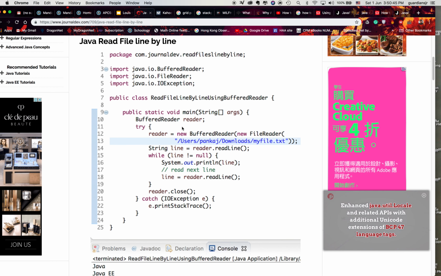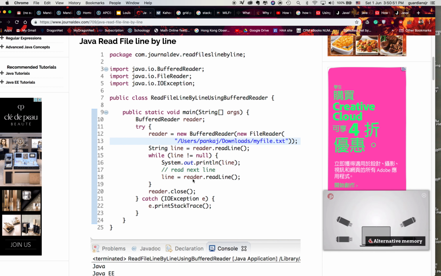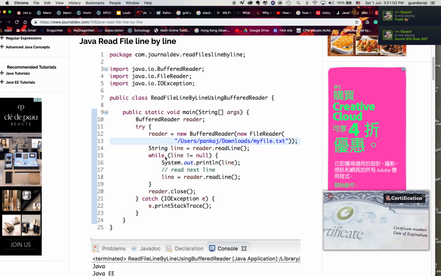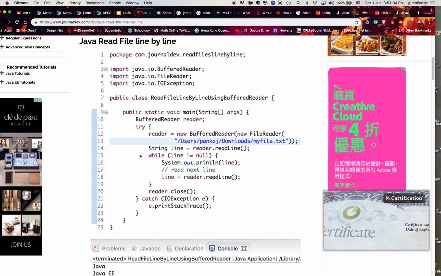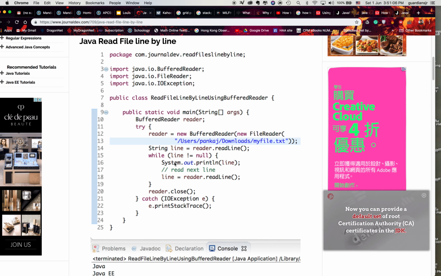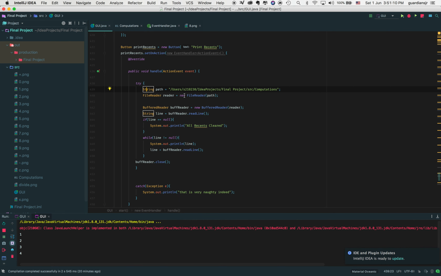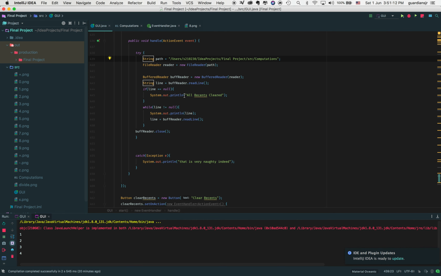And then I looked at this code. It had to be in a try block because it would throw a java.io exception. And then I saw that it used this buffered reader. It had to use the path of the file. It used a while loop because it would read each line and then I had to make sure that the line wasn't just empty. So I used that in the calculator and I used that here because